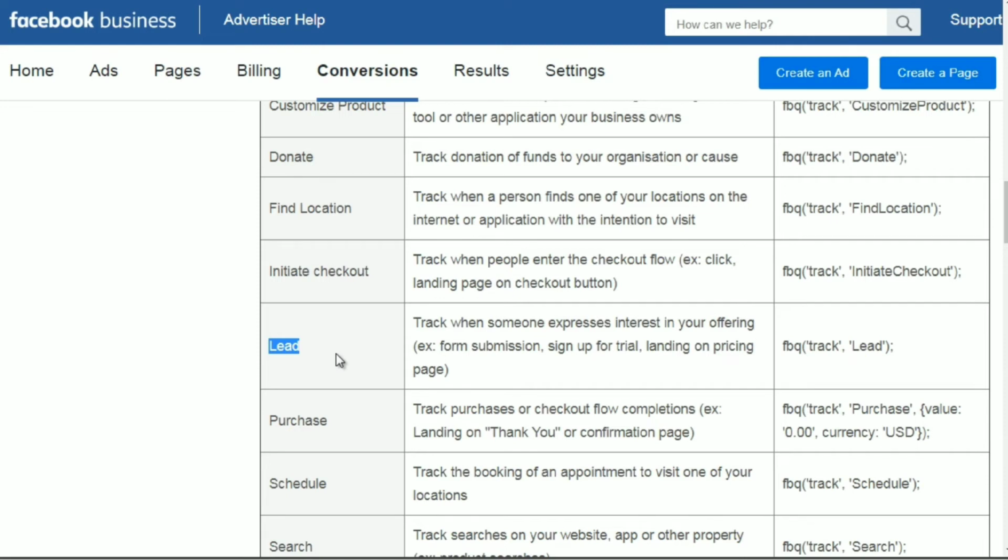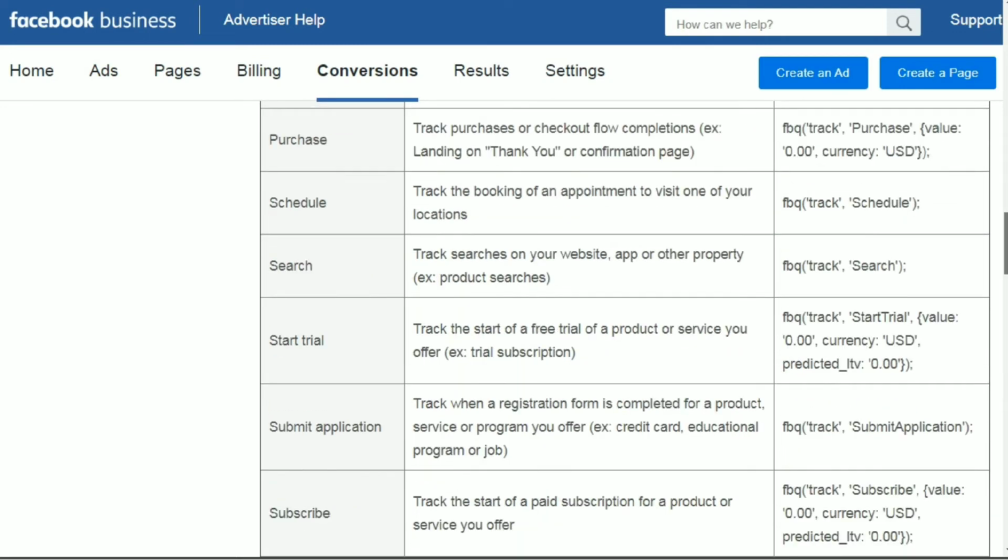They could land on a specific page where you would deem them to be a lead. And you would use that code right here. And then we have purchase. They also have a code for that and a value. So if you're using USD in the United States of America, you would put the number here. So if it was $47, you would put 47.00